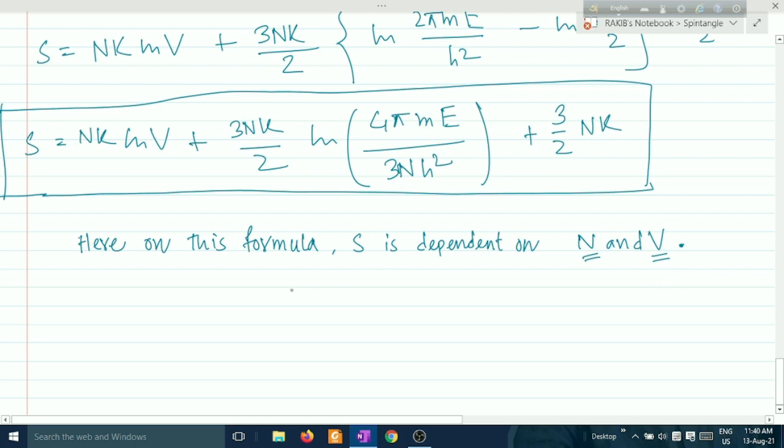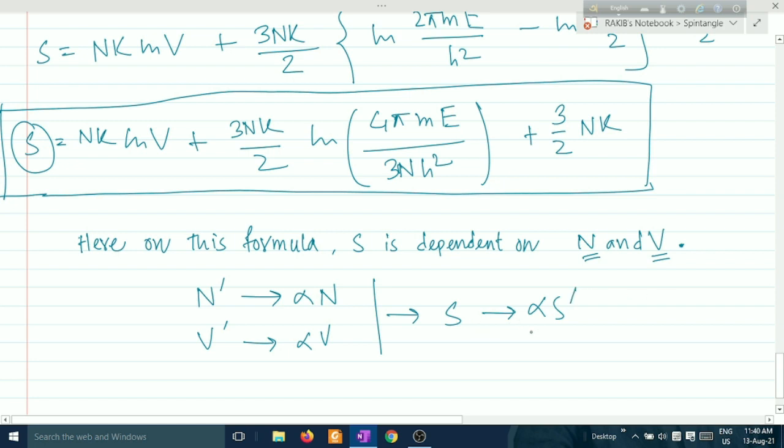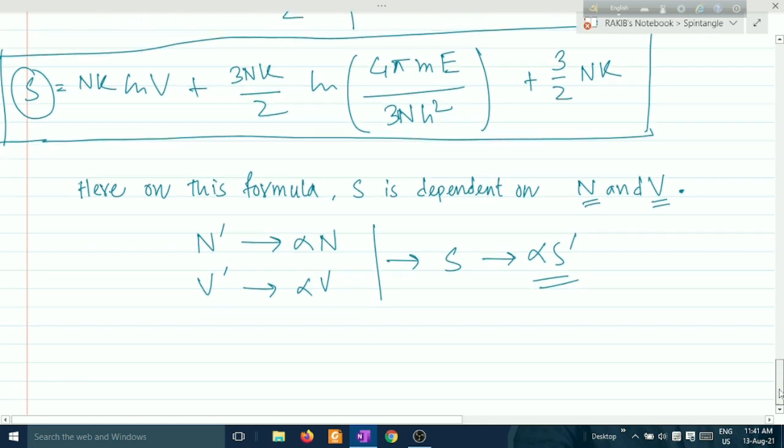Intrinsic variable means if you increase, say, the number of particles by alpha, there will be a volume increment of alpha v, and also we can conclude from this that the entropy will also go like this, alpha s, because no other term is dependent. The entropy is only dependent on n and v here, if the energy is constant for the system. Therefore s has to be this. Okay, so let's